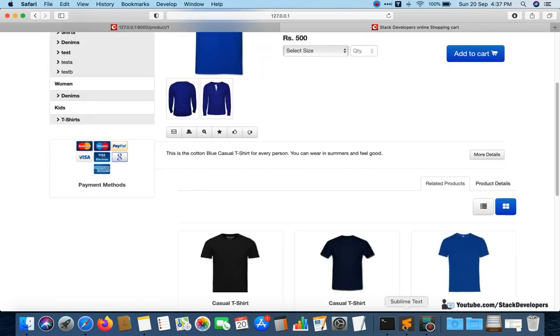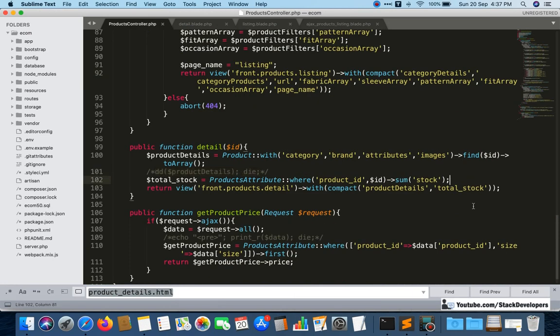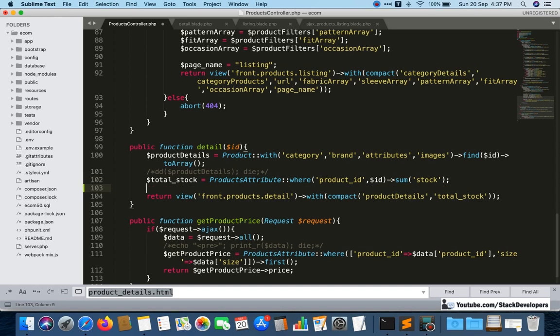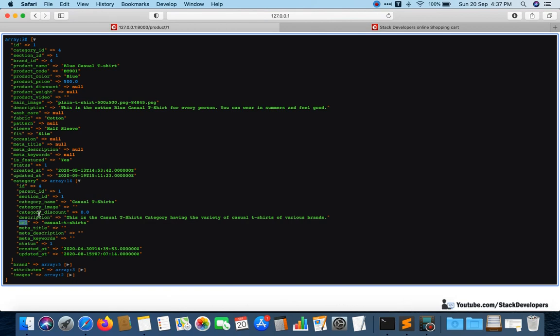For that we will now write the query for related products here, like total stock. We are going to fetch from the category ID that we have here, this ID.